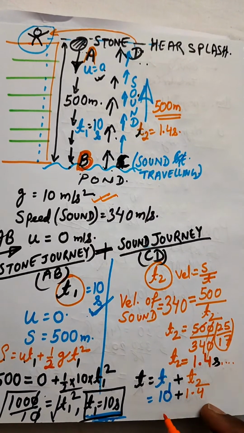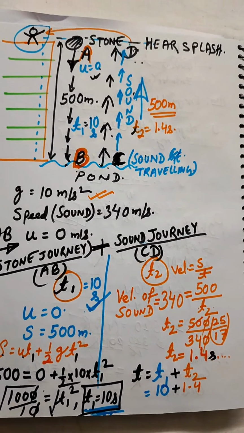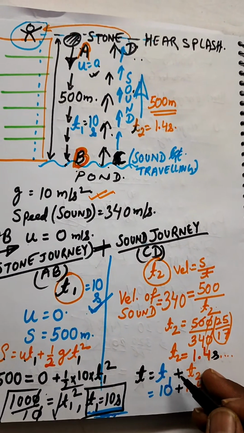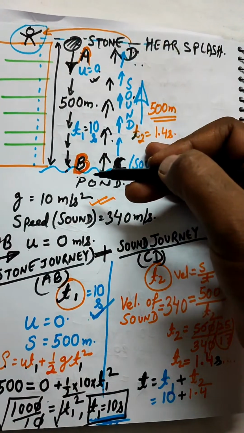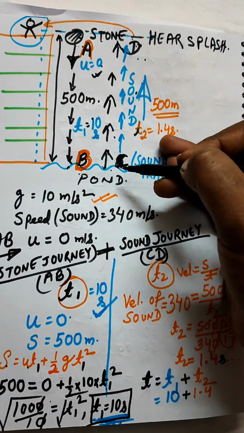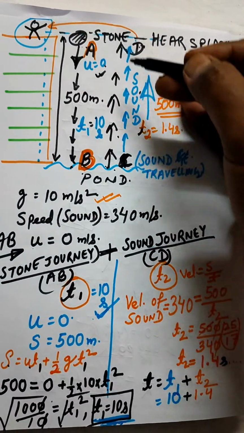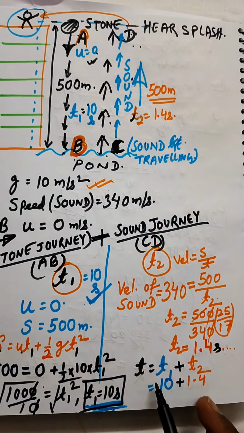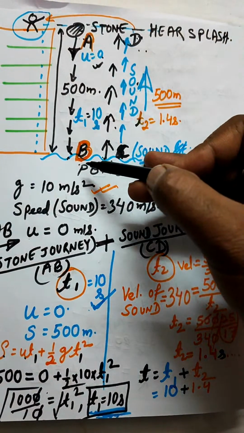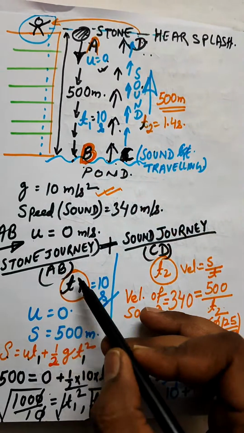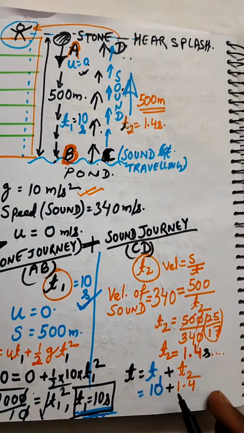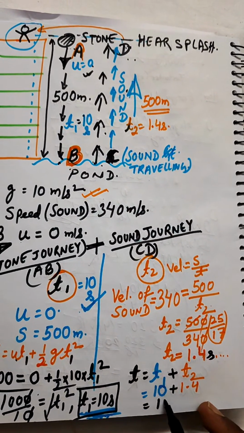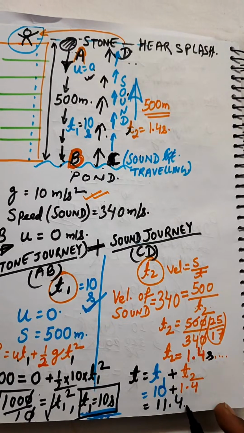1.4. So this will give you the total time taken by the stone to reach the pond, and after that sound is generated and sound travels back from C to D. So these two journeys will be covered. The time is 10 seconds when the stone reaches the pond, that is A to B, and from C to D the time taken is 1.4. So just add up both these times to get